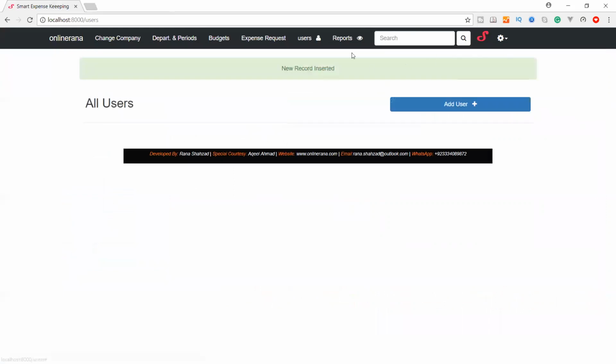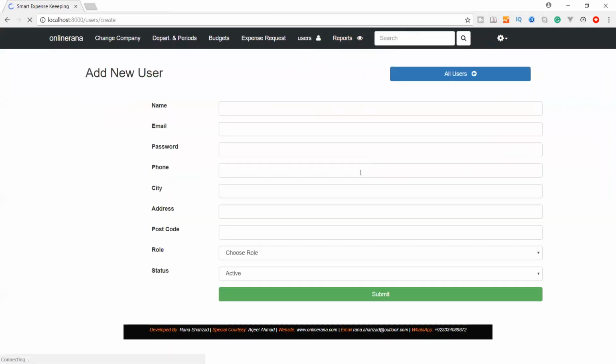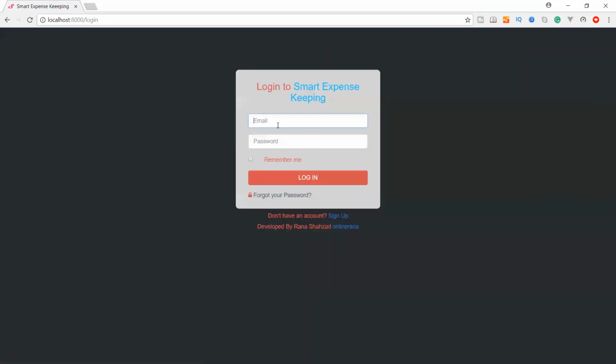Okay, because we do not have the user list yet, we can log in with this newly created user. It makes for a better understanding. So manager at test, and password is 123456. Login.